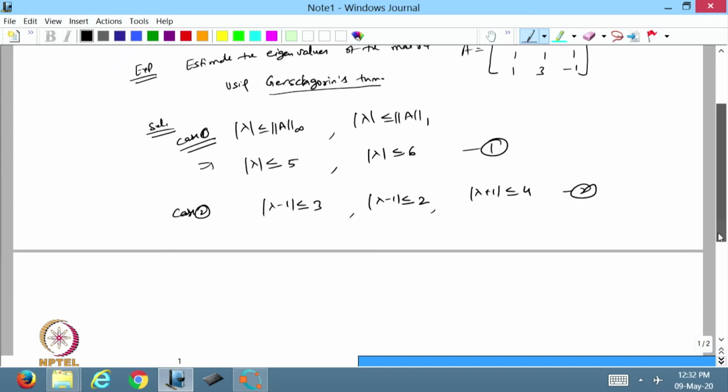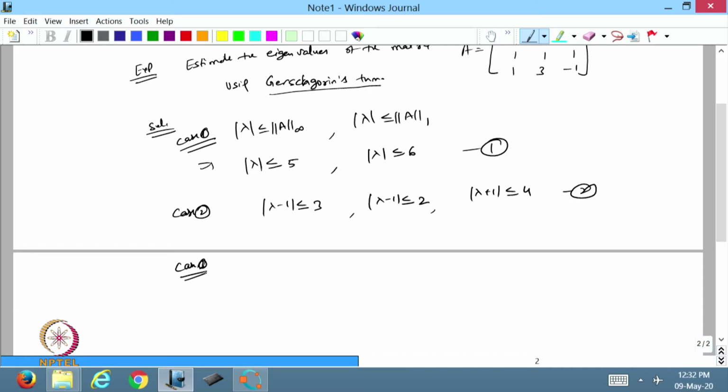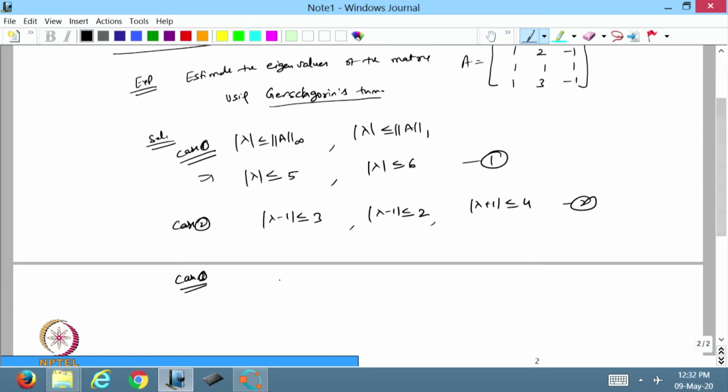This is coming from the Gershgorin theorem, and this is also coming from the Gershgorin theorem. Case number 3, I am taking the column sum. So lambda minus 1 is 2 from the first column, lambda minus 1 the second column it is 5, and lambda plus 1 is equal to 2 from the last column. So this is my third bound.